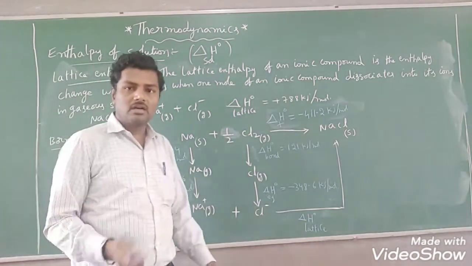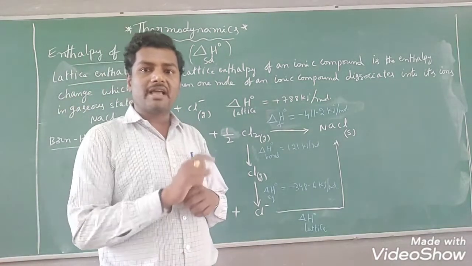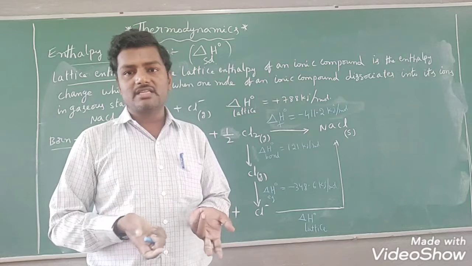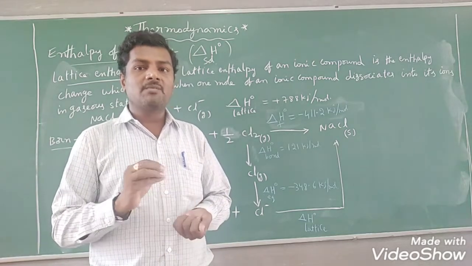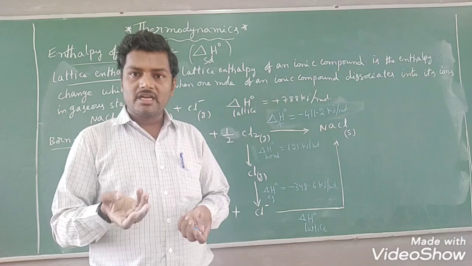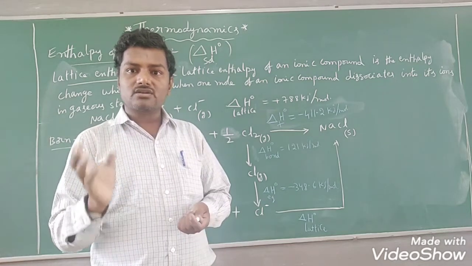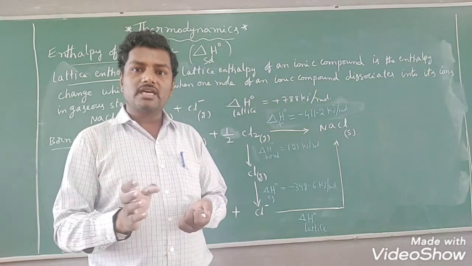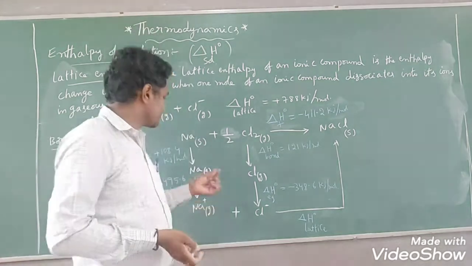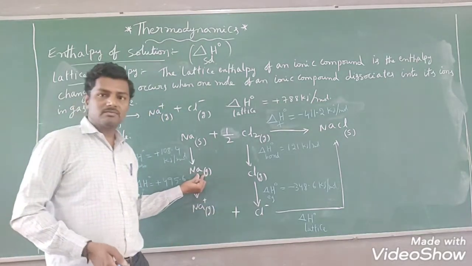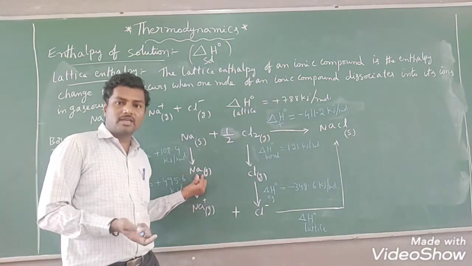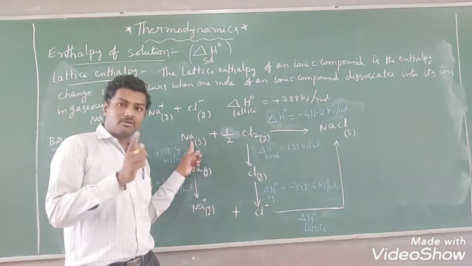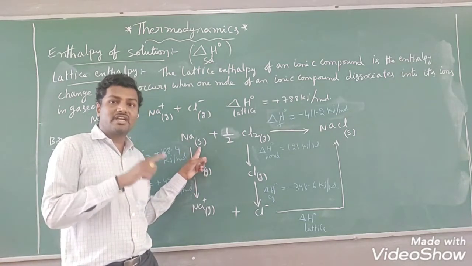Now we can observe how do we convert sodium to sodium ion? By using ionization enthalpy, ionization energy. What is the meaning of ionization energy? The amount of energy required to remove an electron from an isolated neutral gaseous atom. Now it is available in the form of gaseous atom. Then we are able to remove the electron. Here we cannot remove the electron because it is available in the solid state.